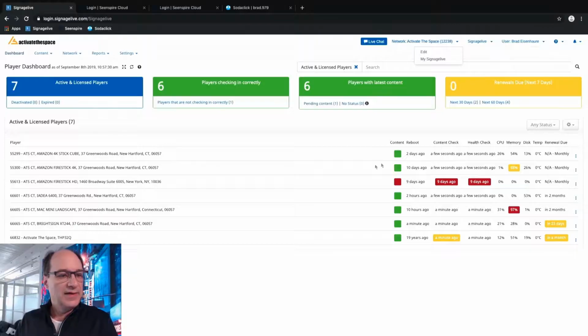And there it is. So I've downloaded all the software, installed it on the Mac Mini, and now I need to go to Signage Live to take that registration code and register the player with the network. So here we are logged into Signage Live. We can see all our players. So I've got a bunch of Amazon players, an Idea, a Mac Mini, a BrightSign player. What's great about Signage Live is you have all these different types of players that you can put on your network so you can get the right player for the right job and you're not stuck in the one platform. But I'm going to go in and go to licenses.